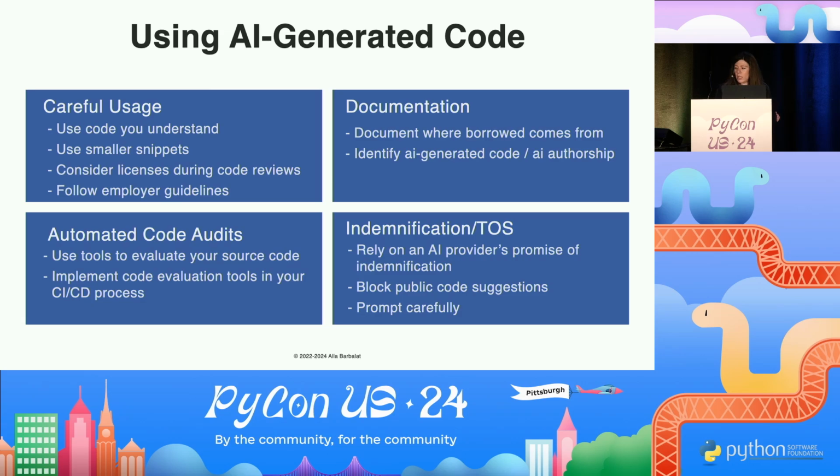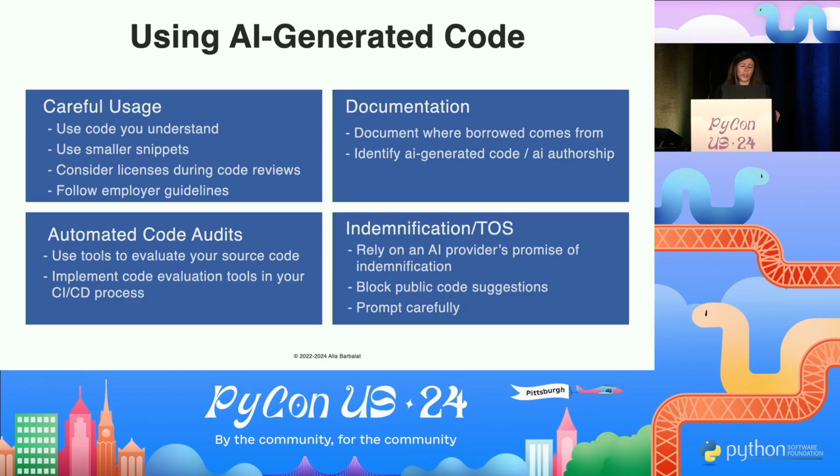And then as a final note, I'll talk about indemnification in terms of services, hopefully very quickly. There are indemnification clauses that certain AI providers give you when you're using their tools. Oftentimes they're very limited. They typically apply to enterprise customers. There are also a number of other restrictions that might follow from trying to rely on them, including maybe if you aren't using the right safety guardrails or you're adding another layer of software on top of the generation, that might invalidate the indemnification. So if your plan is to rely on those, maybe consult with an attorney.